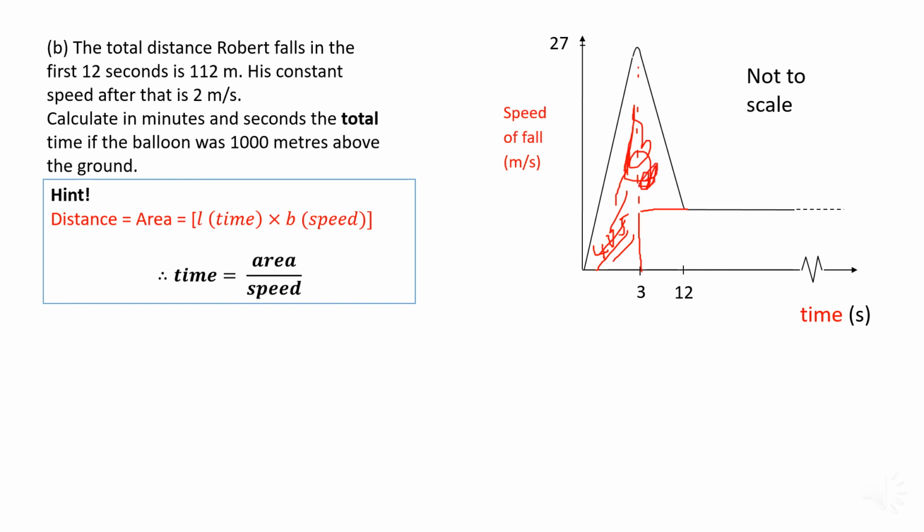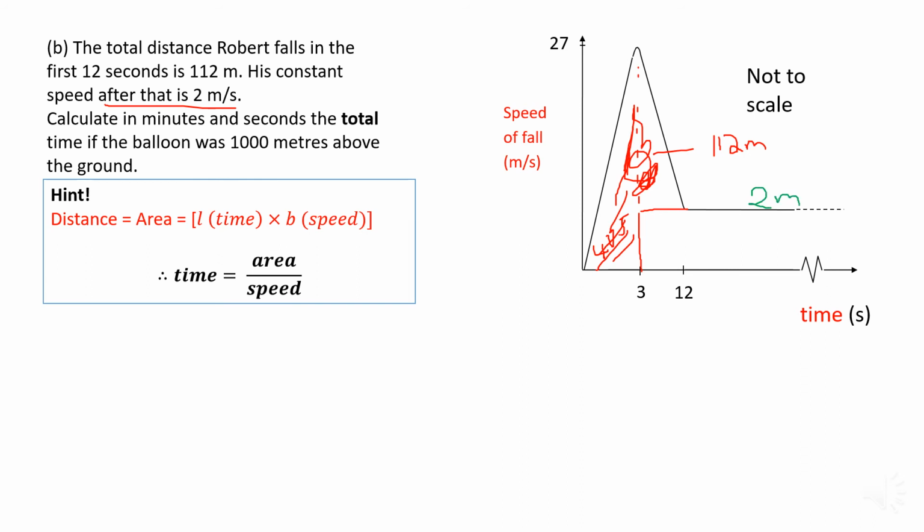So this particular distance that he was doing there was 112 meters. But now you must understand that they're saying after that, his constant speed was 2 meters per second, as you can see from the way the line is. Maybe that is not written so nicely, but let me explain again. His speed after that was constant, so his speed after that was nothing but